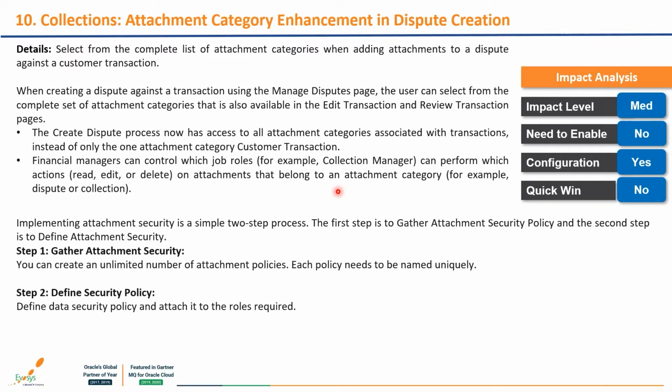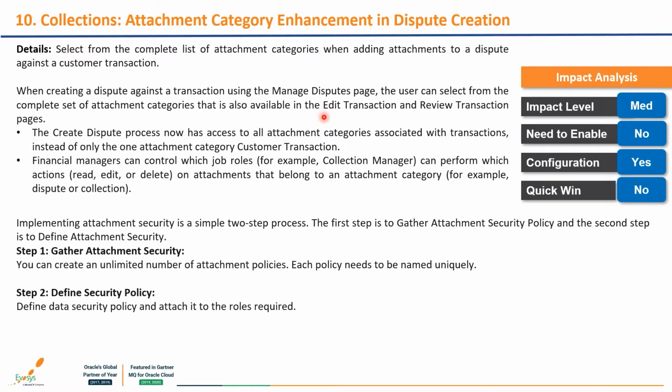There are two parts of this update. The first part is about access to attachment category, and the second part is about security to attachment for particular attachment categories. Till now, on the manage dispute page, whenever we are creating a dispute, we are